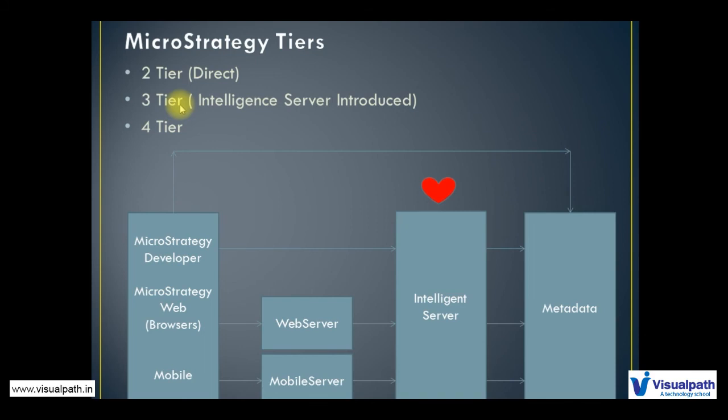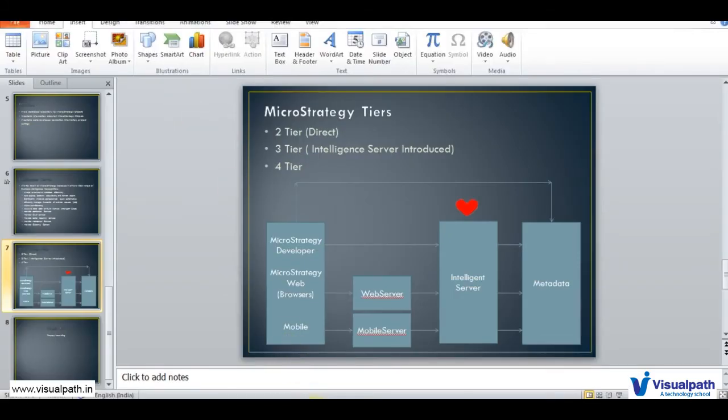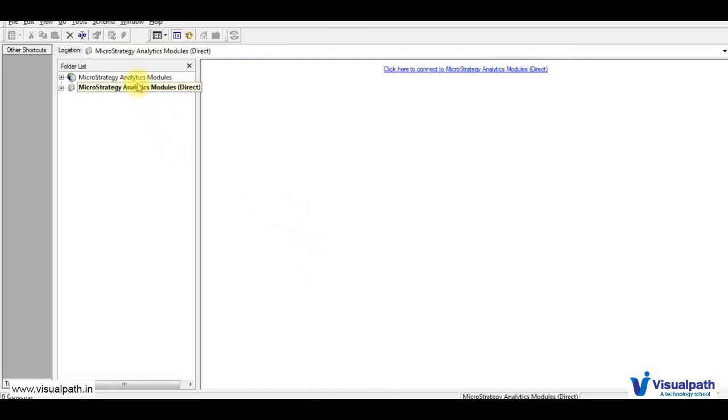Let's go back to Developer. Now you see the first one; this is your 3-tier architecture. How do you identify which one is 2-tier and which one is 3-tier? The icon comes into the picture. You will see Direct, which is nothing but 2-tier, with an icon that is just a CPU, whereas for 3-tier you have a globe appended to your CPU. That's how you can understand which one is your 3-tier architecture and which one is your 2-tier.